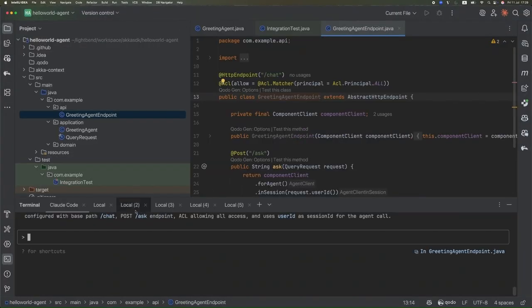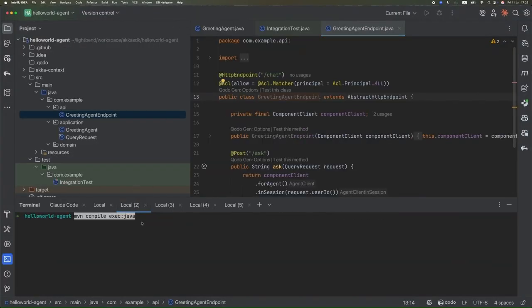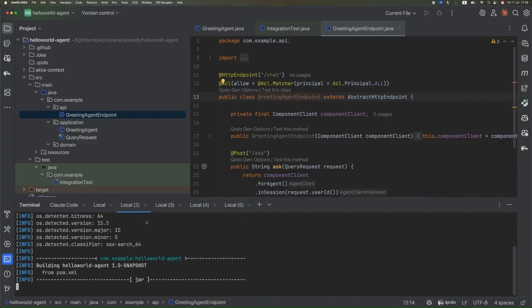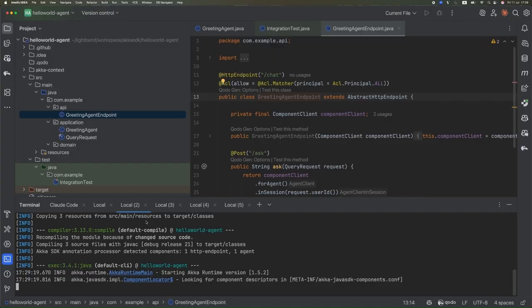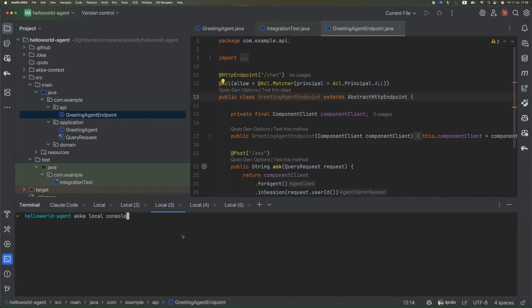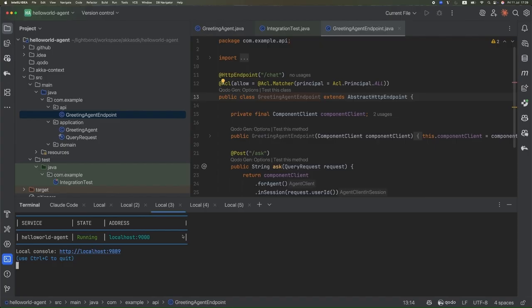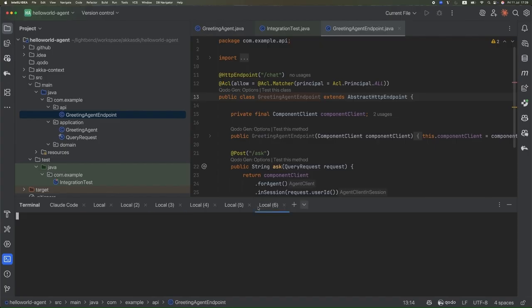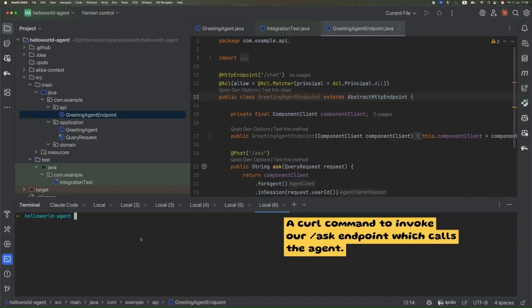And so on the command line, we can do a simple compile. It's very straightforward. That compilation will execute any agent unit tests that are available. And we can see that it's running on a local port. And now that it's there, we're going to go ahead and start Akka's local console that shows you that it's running. And on another terminal, we can go ahead and take a curl command to execute against